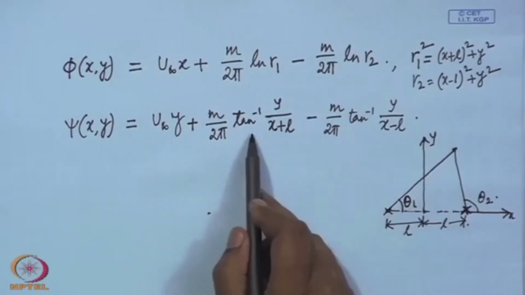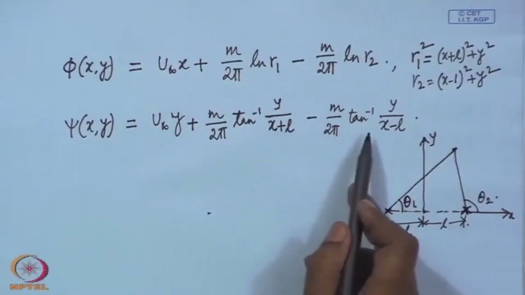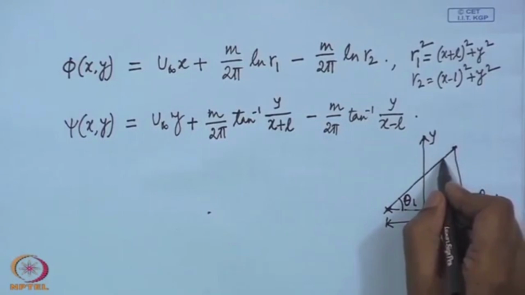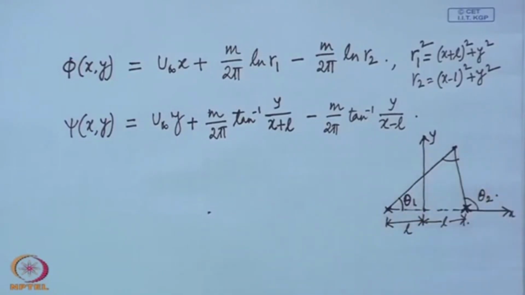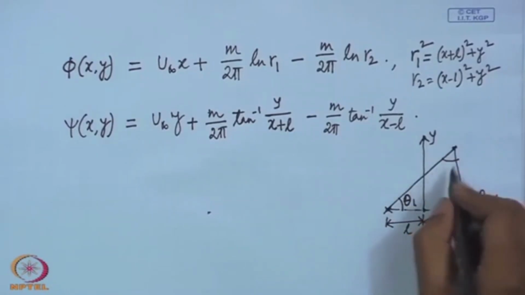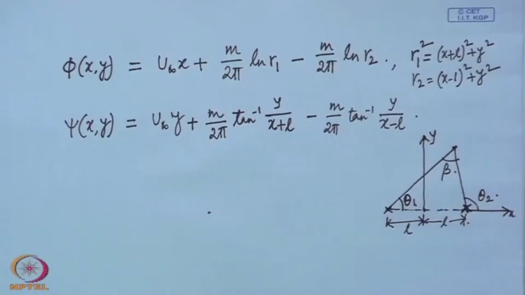If you write in terms of theta 1 and theta 2, this term is m by 2 pi theta 1 minus theta 2, and theta 1 minus theta 2 is this angle. So, in that form we can straight away write m by 2 pi, let us say this angle is beta, then this term represents m by 2 pi beta. In terms of tan inverse,